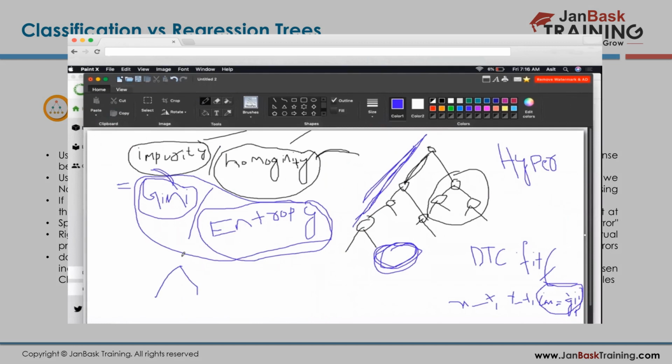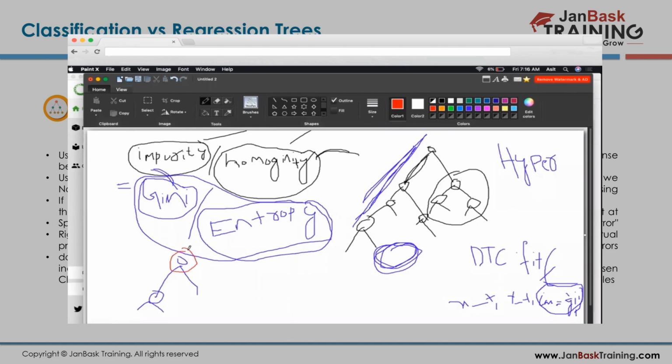Like the classification, it reaches the leaf node. Same for regression, it will try to split till it reaches the lowest node. But here there is no yes or no rule because you are predicting a number. So here what happens for the regression, it checks an error.